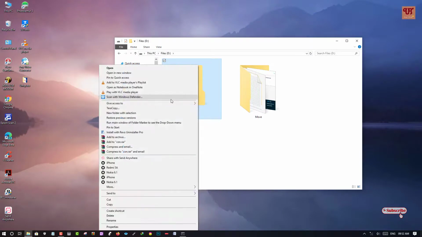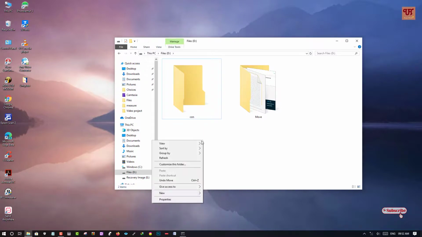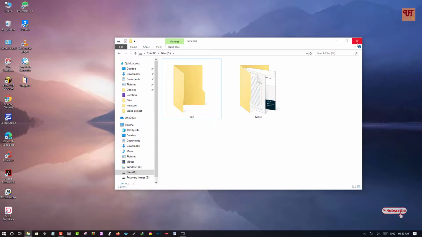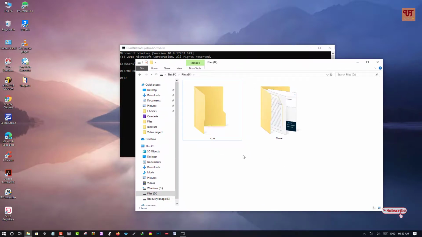So let me try again once more. So it's not going to delete. Let me refresh whether it's deleted or not. So it's not deleted. So in this way, you can create an undeletable folder, but this folder is not